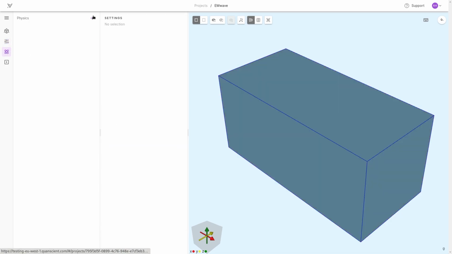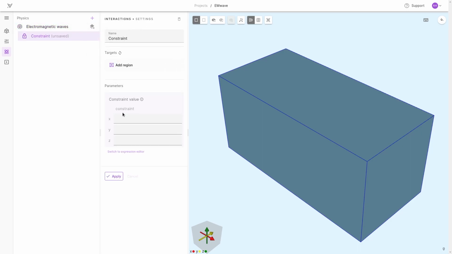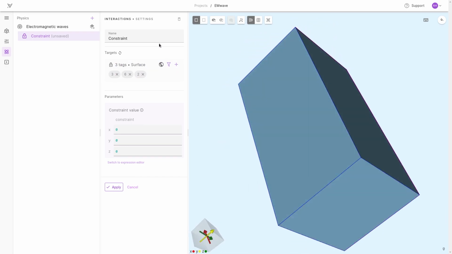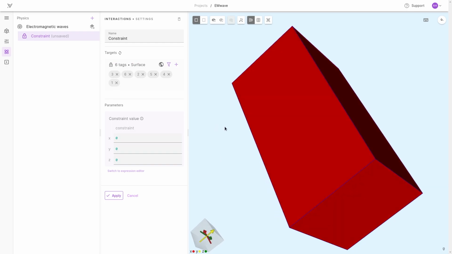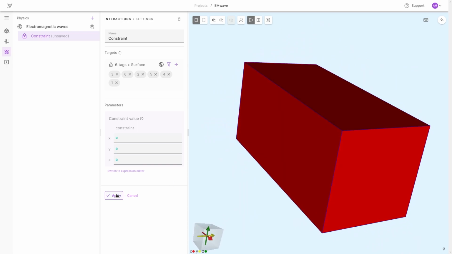And then we can move on to the physics, where we add electromagnetic waves, and we add perfect conductor condition all around. So what this will do is that it will set the tangential component of the electric field on all these faces to 0. The perpendicular component at the face is still allowed to be non-zero. This is a perfect conductor condition, and on the faces you only have access to the tangential component, so this effectively sets indeed the tangential part only to 0.